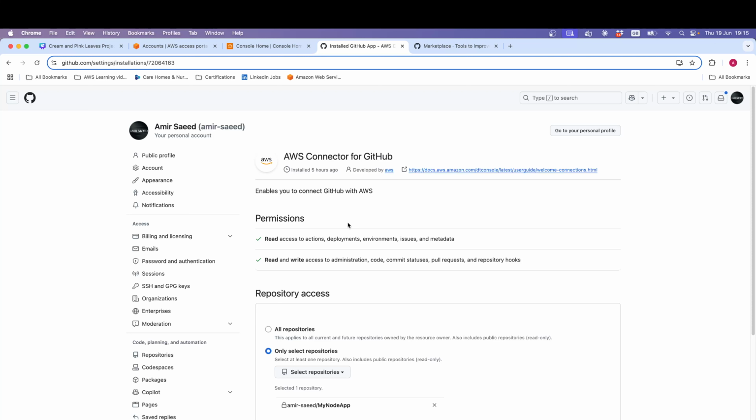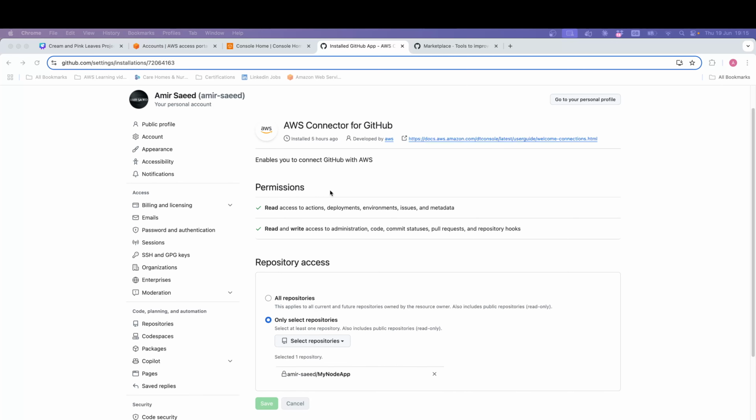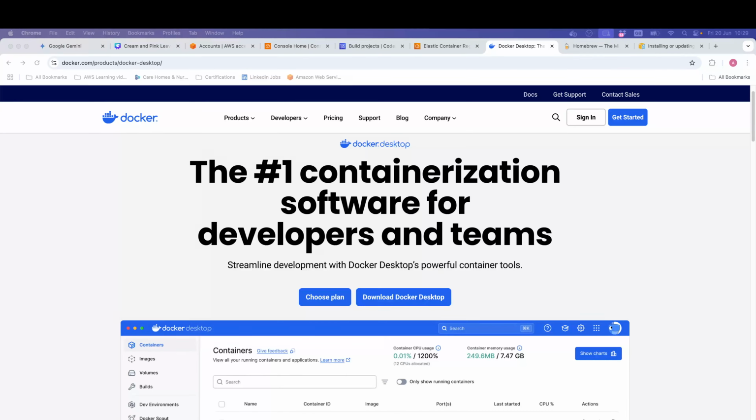This is the second way to do it. The first one is within AWS, where we are going to use CodeBuild. That's where you can connect it, and the other way is to install this connector here. At the end you will end up in the same situation, but you do this stuff before you run